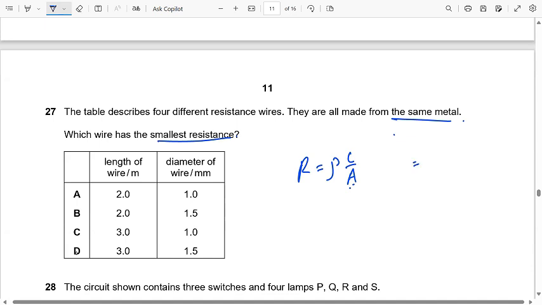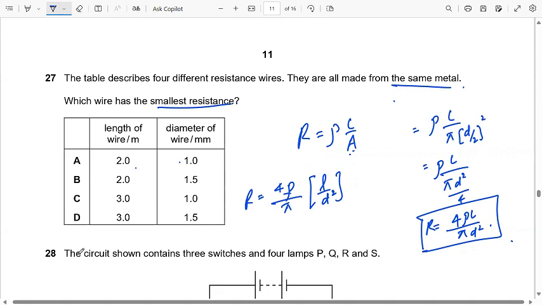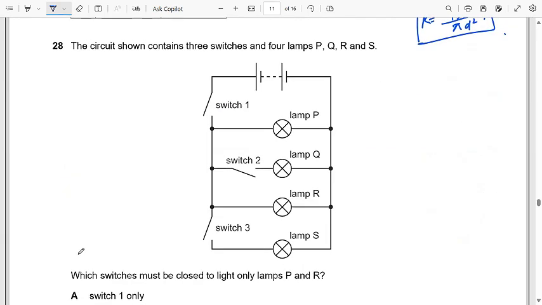ठीक है, एरिया को आपने करना है पाई d/2 होल स्क्वायर। ठीक है, so this is rho L by d square over 4. This is 4 rho L by d square, right? तो आपके पास जो है वो आप चेक करेंगे कि इसके अंदर पुट करके 4 रो और पाई वो कॉमन है सबके अंदर। अब आप हर चीज को इंडिविजुअली पुट करें, ठीक है, लेंथ को डायमीटर को, तो जिसका आंसर सबसे कम आएगा, जिसका आंसर आता है बी।